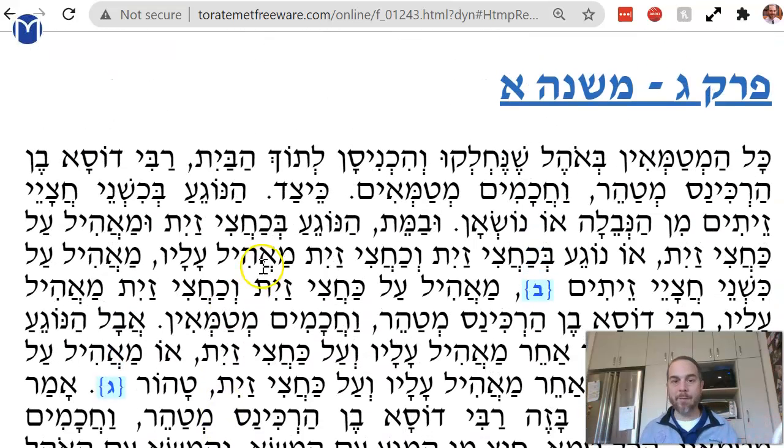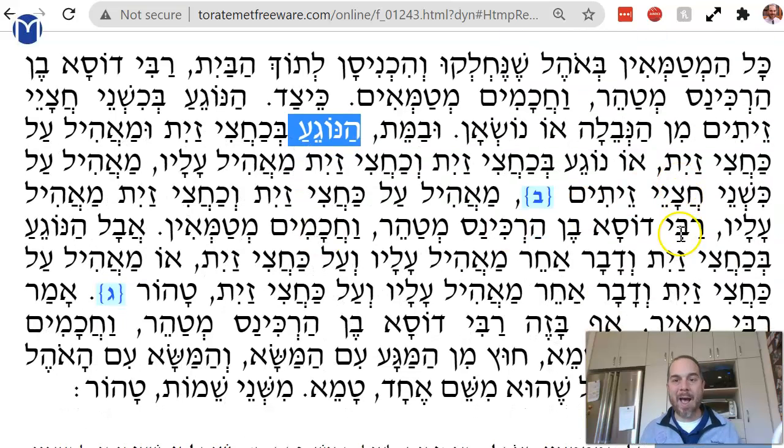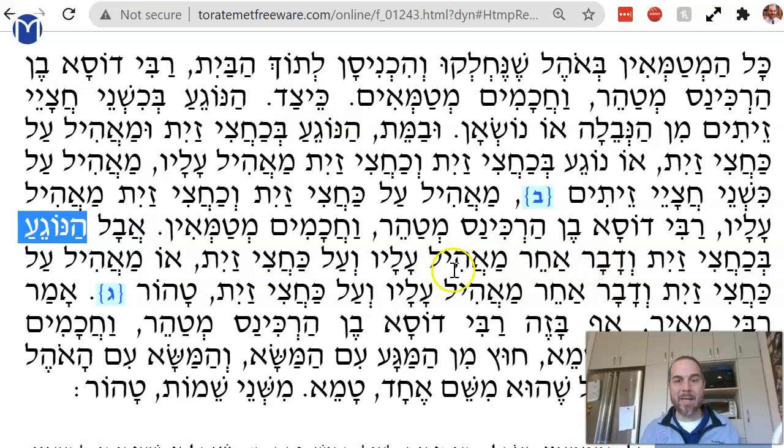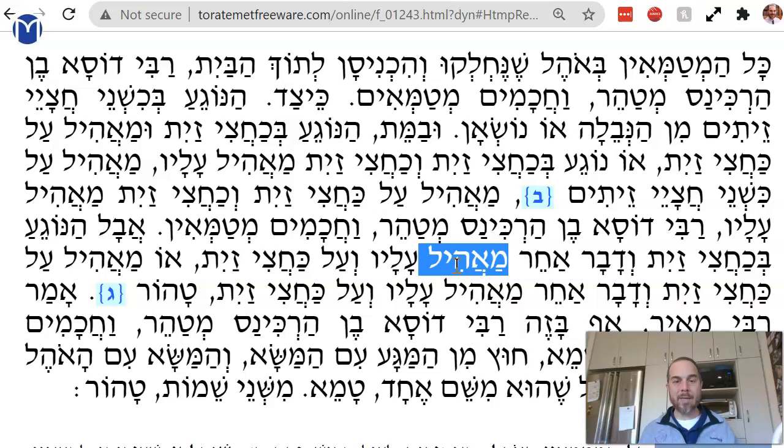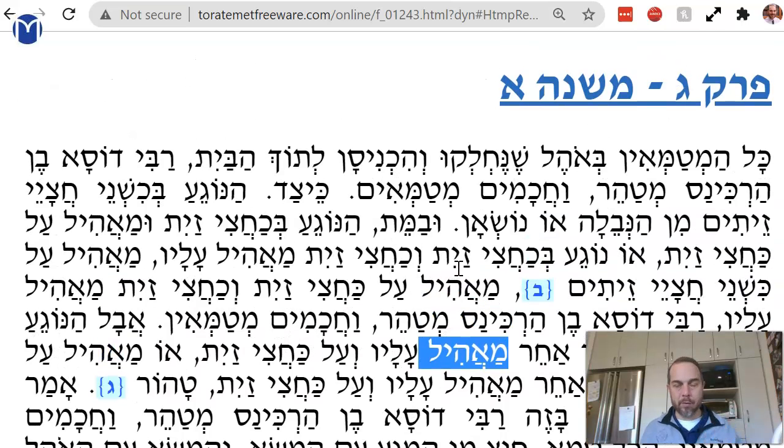In order to understand this Mishnah, we have to understand there's a reisha and a seifa. Because we said according to the reisha, the Chachamim are mitam'in if you have ma'ahil together with nogea. If you're touching it or being ma'ahil alav, we said that those two are combined. Whereas in the seifa, i.e. the second case, where it says aval, nogea and ma'ahil do not seem to be combined together. So the Bartenura says, this is the Bartenura's explanation of the Mishnah. There are many other ways, but again, we're trying to keep it straightforward.